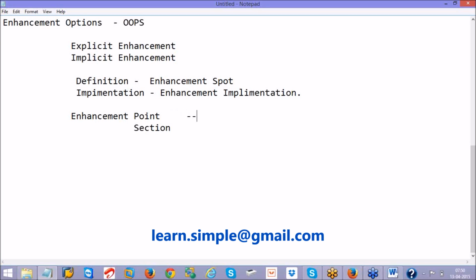You can implement multiple implementations. For an enhancement section, you can implement, but at a time only one active implementation is possible.